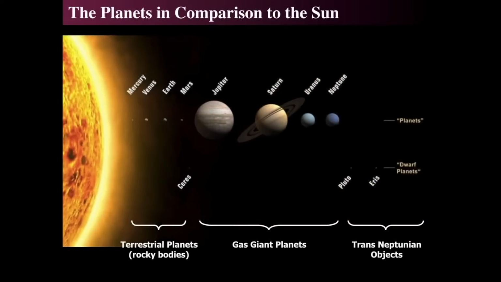All right, so when we look at the planets in comparison, we see that the planets are pretty small compared to the sun. Jupiter, even the king of the planets, which has 90% of all of the mass of all the planets, is only about 10 times smaller than the sun in terms of diameter. But Earth is about 100 times smaller in terms of diameter, and I like to include Pluto as, well, some